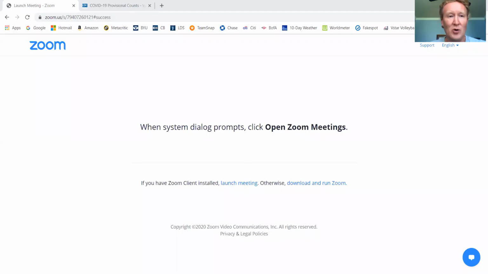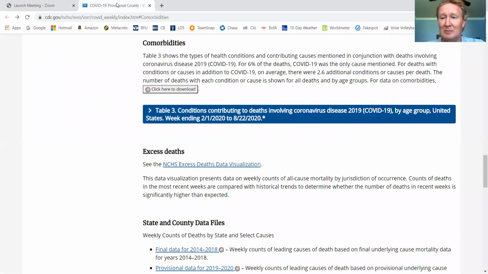The first thing I want to do is show everybody how we get this data, where you go to actually get the data, because you can go and get this data yourself. I think it's important that we know what we're looking at. We don't just believe a lot of the stuff that comes out; we verify for ourselves. So this is the website.